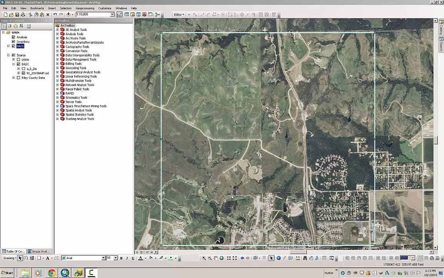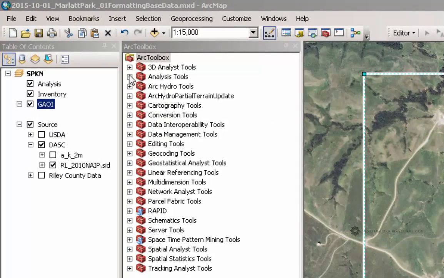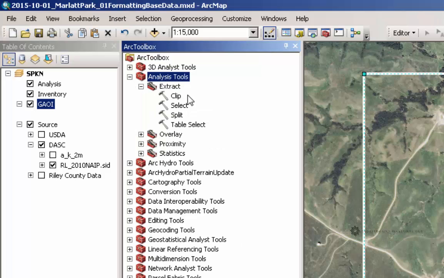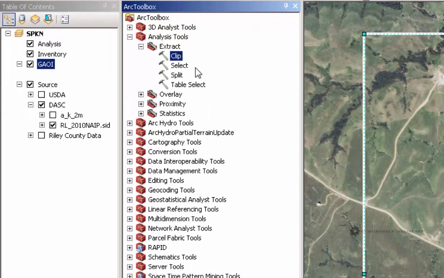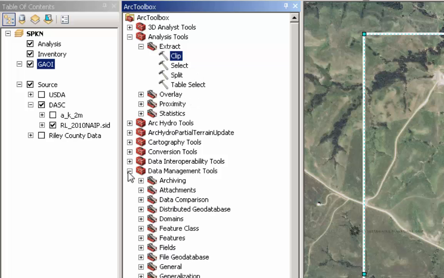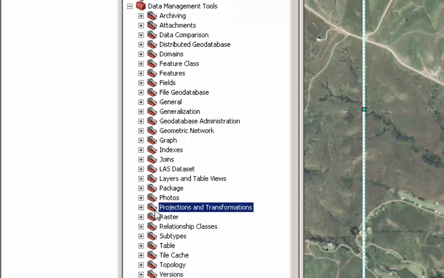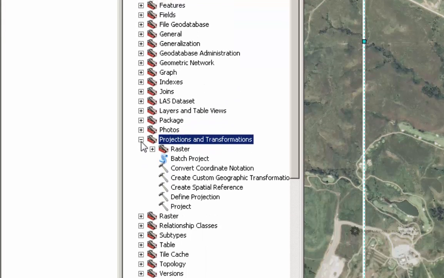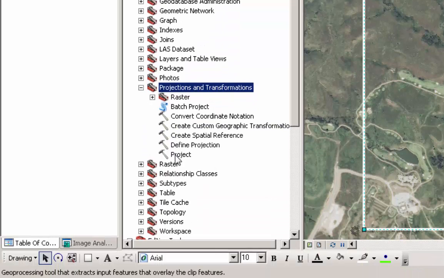There are two tools in the ARC toolbox you may need when clipping shapefiles or feature classes. The first one is called Clip, and it's located in the Analysis tools under Extract, and the tool is called Clip. The second one is located in the Data Management tools under Projections and Transformations. And then we have Project,